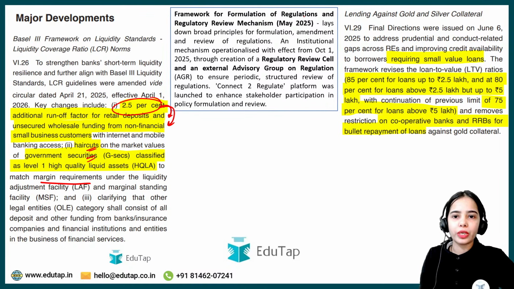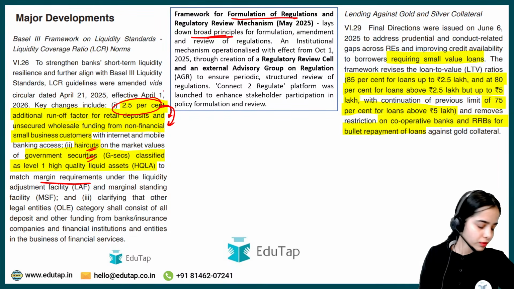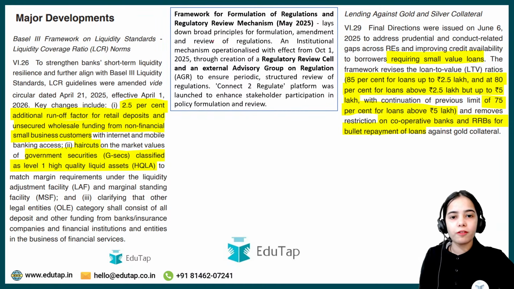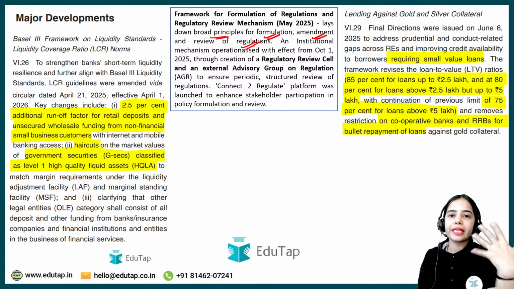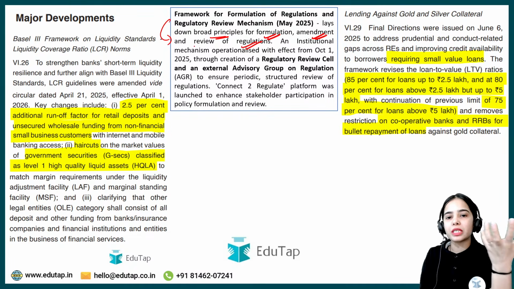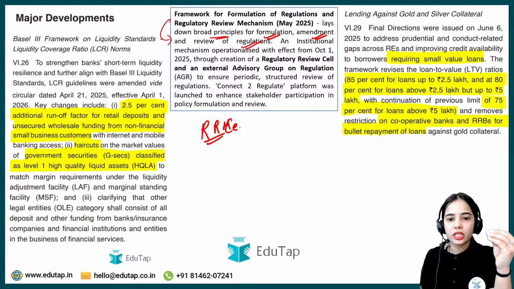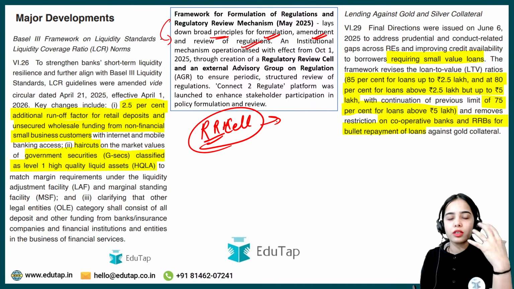Next is the framework for formulation of regulations and the regulatory review mechanism. So it was said that there are broad principles. Basically, the broad principles were laid down for formulation, amendment, and review of regulations, that is, how the regulations will be formed, how they will be amended and reviewed. For that, the broad principles were laid down, as well as the regulatory review mechanism, or the regulatory review cell, that was formed, so that in 5 to 7 years